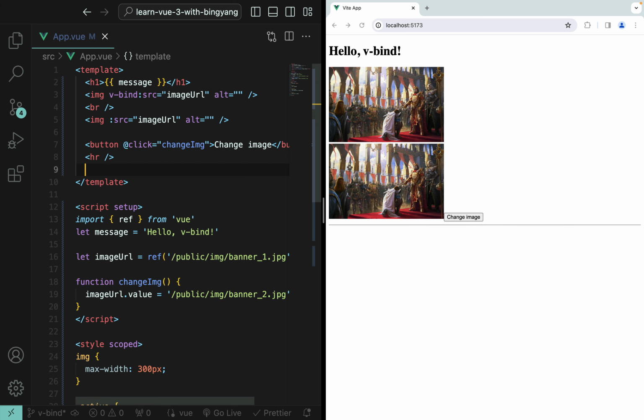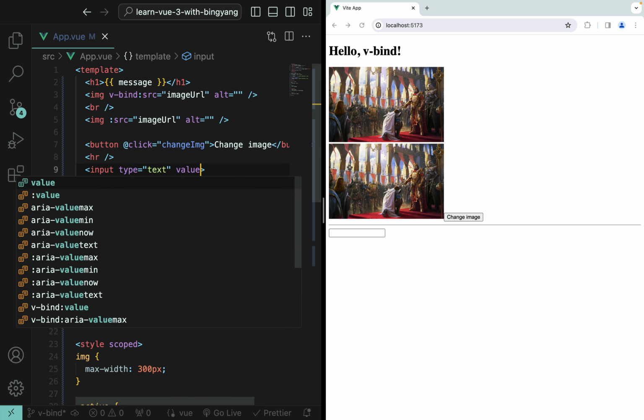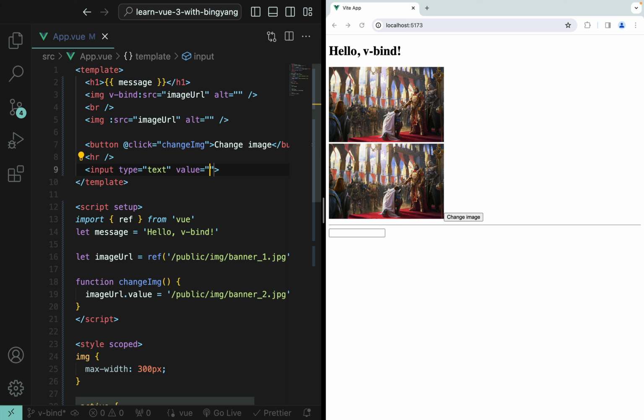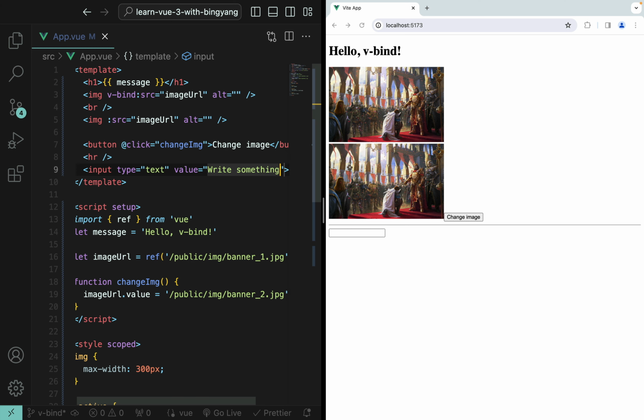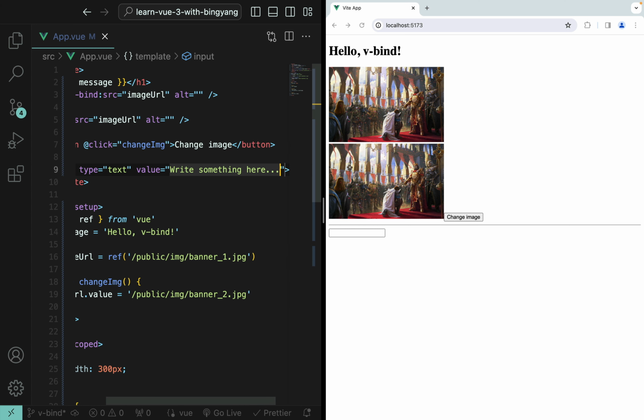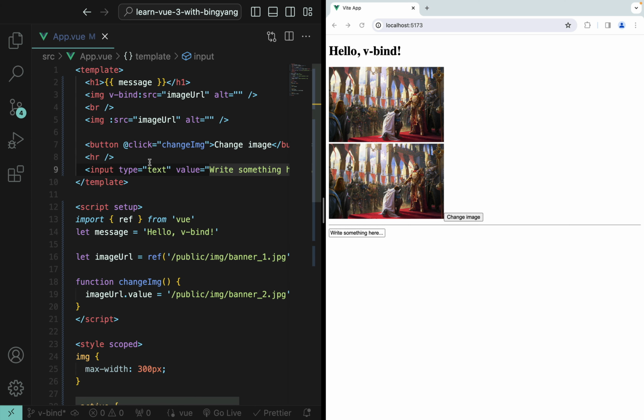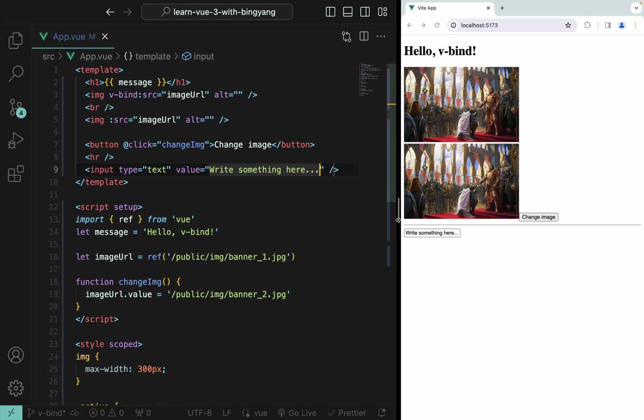Here, I'm going to define an input box. And we know that the input box has an attribute called value. For example, here I can write something here and save. And now it has this value in the input box. But in this case, we kind of hard-coded the value here. Now instead,